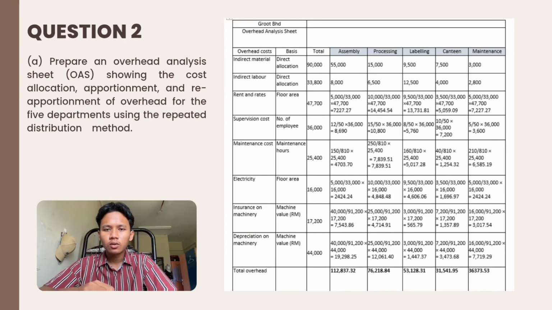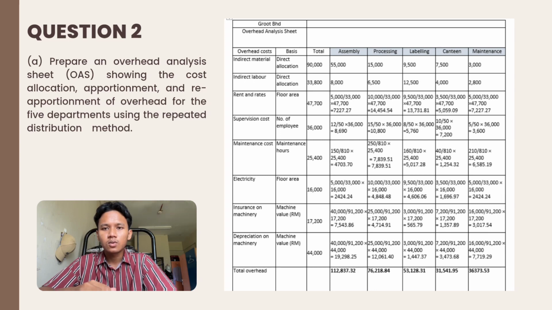Question 2a. Prepare an overhead analysis sheet (OAS) showing the cost allocation, apportionment and reapportionment of overhead for the 5 departments using the repeated distribution method. First, to get this calculation, we should add additional information. Rent and rates is based on floor area, so 5,000 divided by total floor area